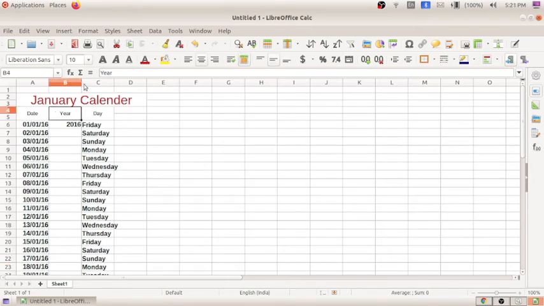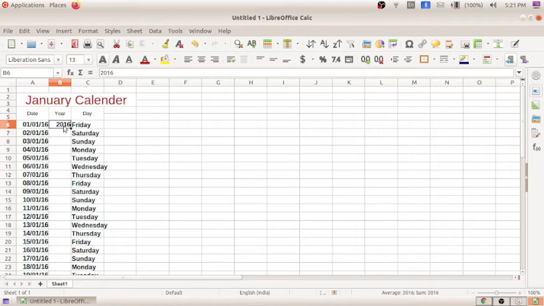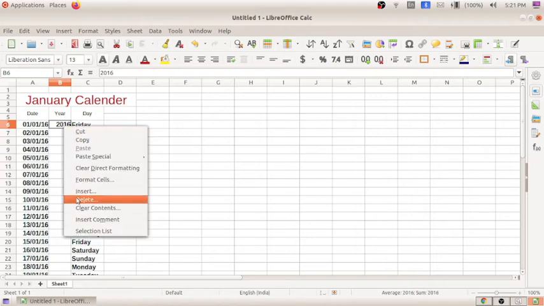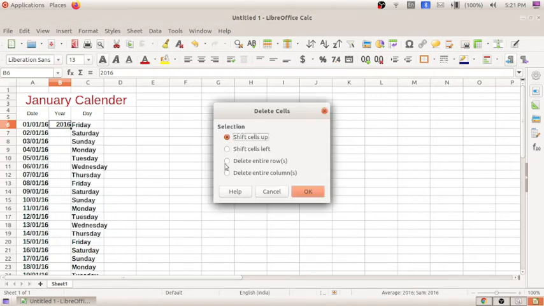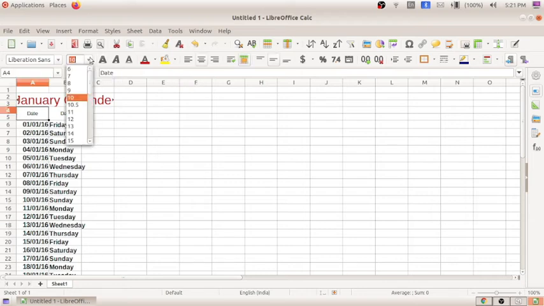This row we will be deleting because we don't want it. So this I will be increasing the size. Date.